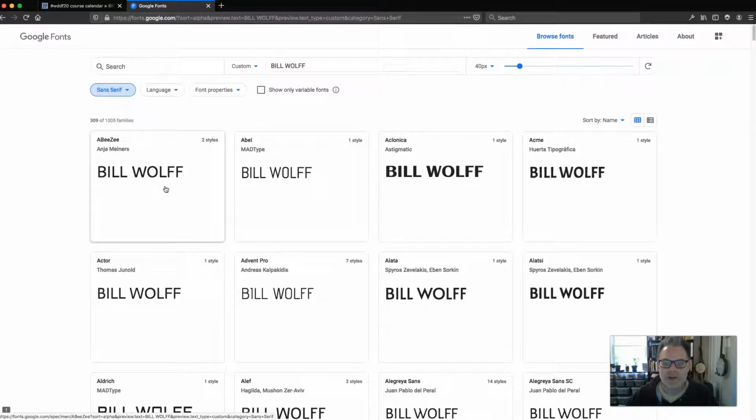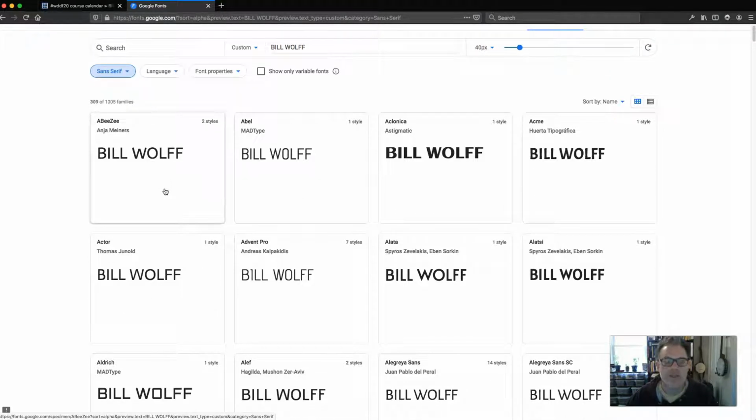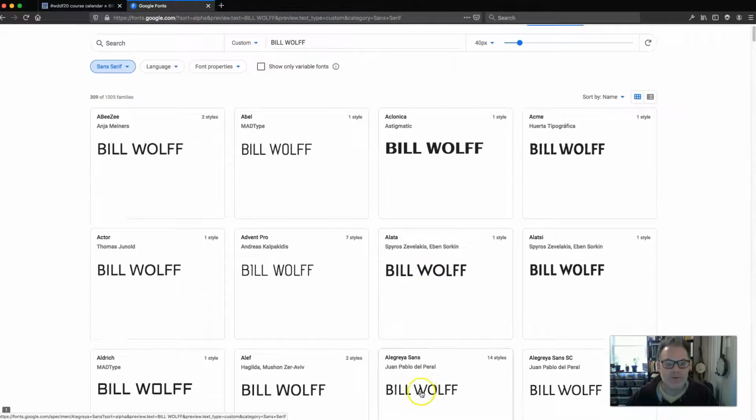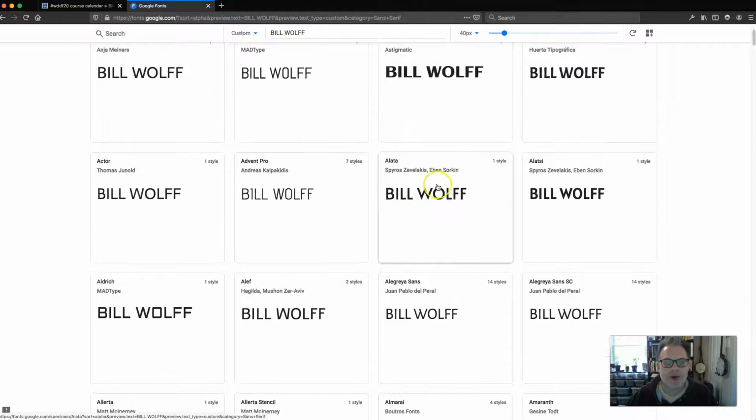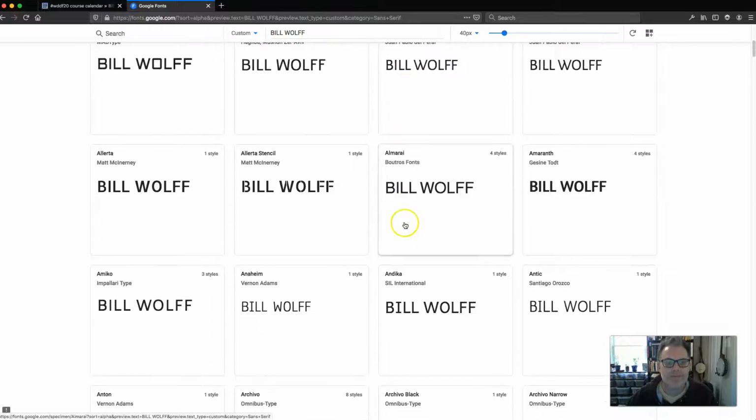When I'm looking for a font, I'm looking for something that's got a little personality, especially in the ways that unique letters are being used. So the W, for example, this W in Alegreya Sans is a very unique kind of W, very different than this Aleo, for example, W. I'm looking for my O to see how O-y it is. Is it oval here, or is it O like that? And I'm also looking, for example, at my Fs. Is there anything special going on with my Fs? And I'm just going to choose something very quickly here